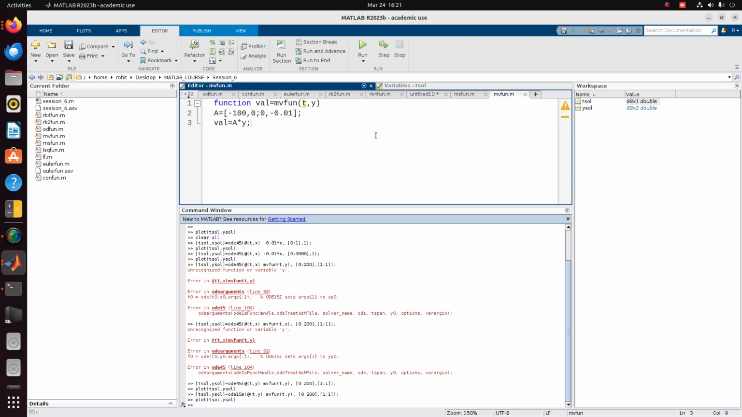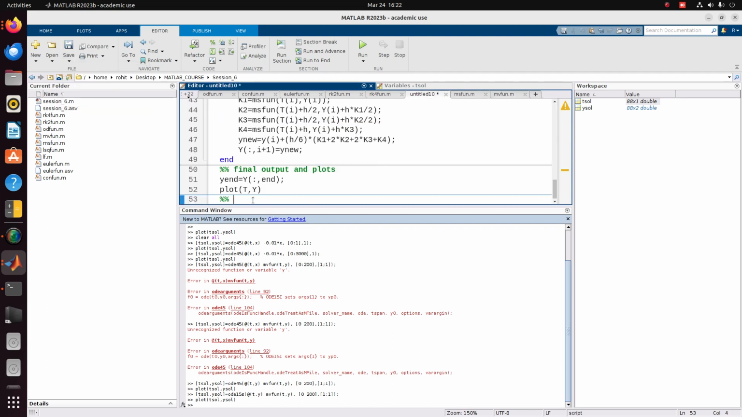in my MV function, we need to change this equation. So we have 5.7, 1.85, 13.2, and minus 4.3. So this is our new A. So we save it, and then